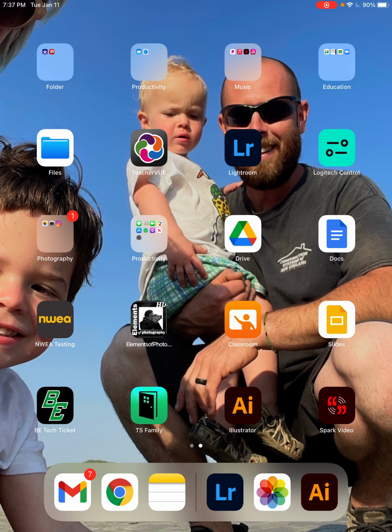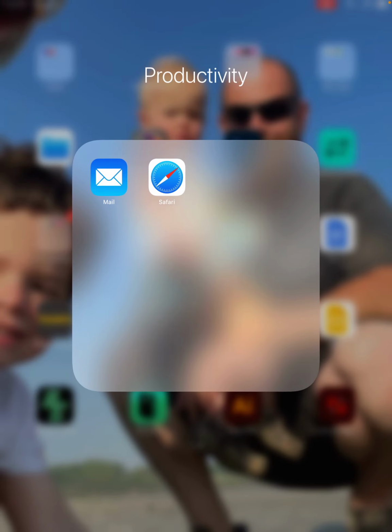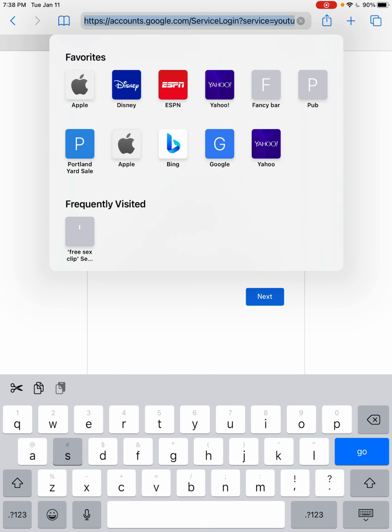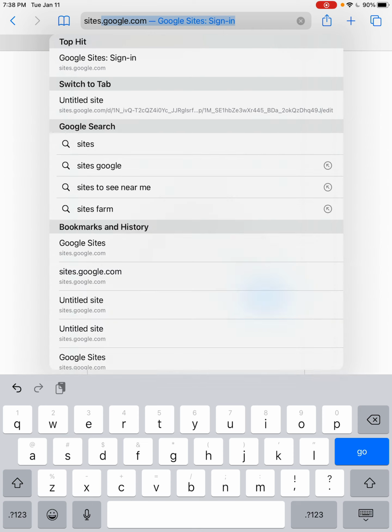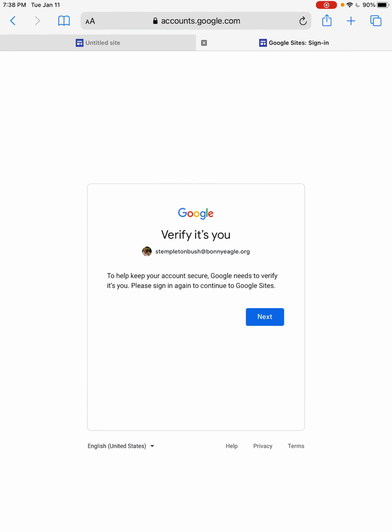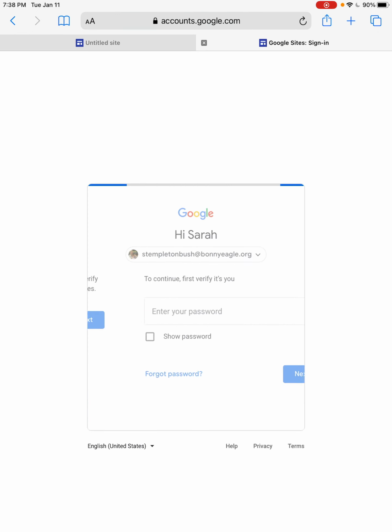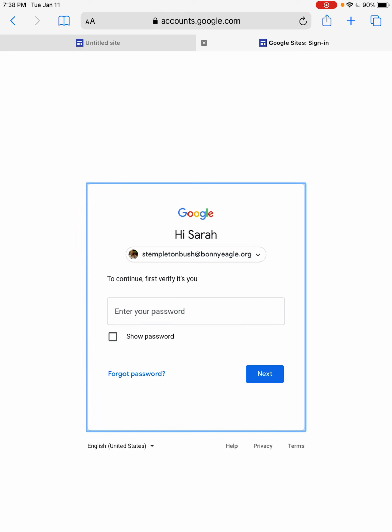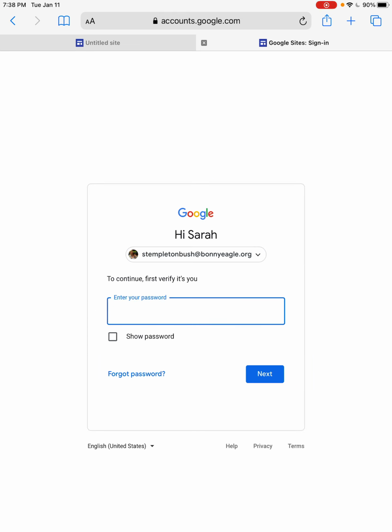I'm trying to find my Safari. There it is. I'm going to go to my sites. I guess I'm going to have to make a new video so you can't see my